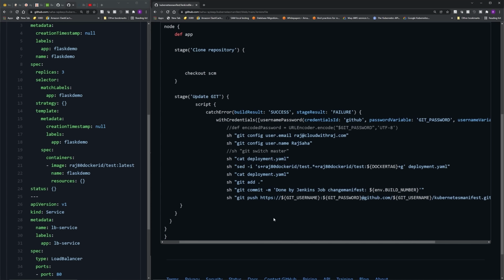And then I'm looking for the line which has raj80 dockerid/test. Dot asterisk means anything afterwards in the line is fine. And I'm replacing that with raj80 dockerid/test: